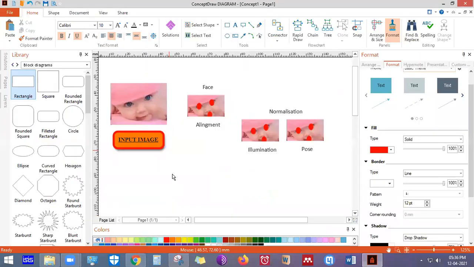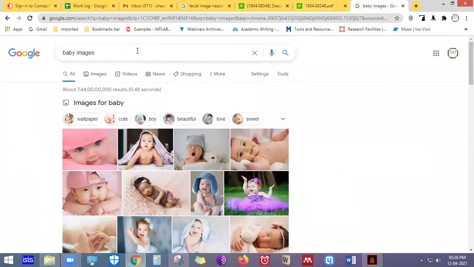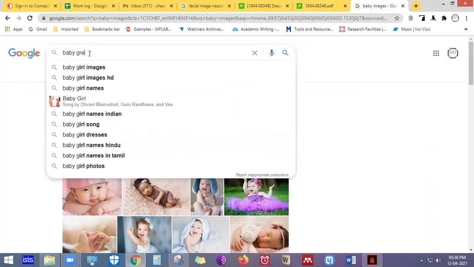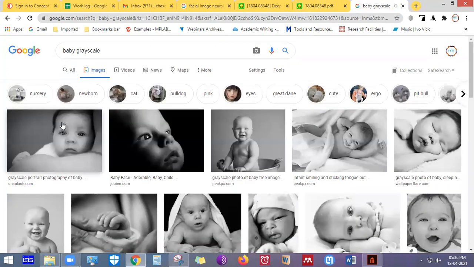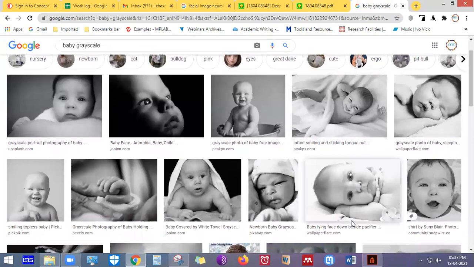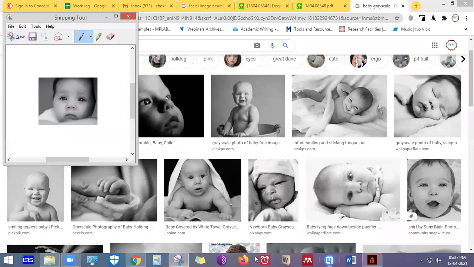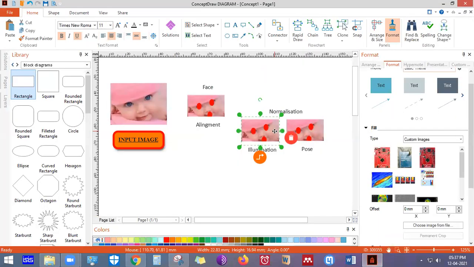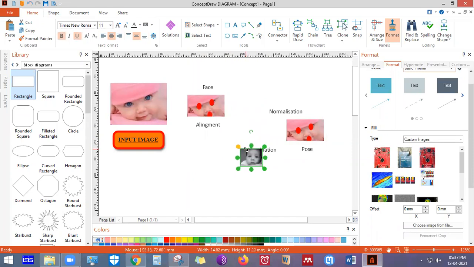So this is a grayscale and a color image. I'm just going to go to the internet and then make a grayscale and a color image. So I'll just take some images. So this is a grayscale image. I'm just going to simply delete this particular block, delete the shapes, paste it there, align it, just put it above the image,